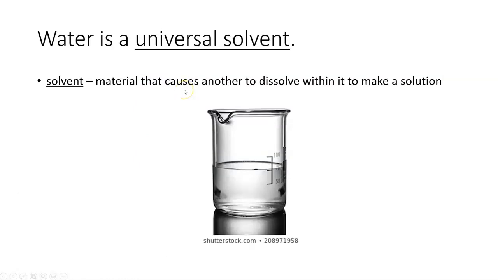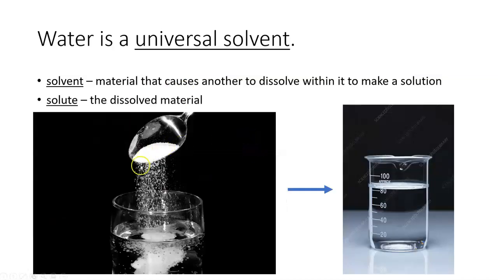Water is also called the universal solvent. It dissolves things, right? You all know that if you put salt in water and stir it up, the salt will dissolve. Okay, so the solvent is the water. The solute is the material that's being dissolved. So in this case, it would be the salt. Or if you put sugar in water and stir it up, it dissolves. Okay, you know it's still there. If you tasted it, you can't see it, right? You can't see the salt, but if you tasted it, the water would taste salty. So water is known as a universal solvent. It's the material that causes another to dissolve, and the solute is the actual material that dissolved. So water would be the solvent, and for example, salt would be the solute.